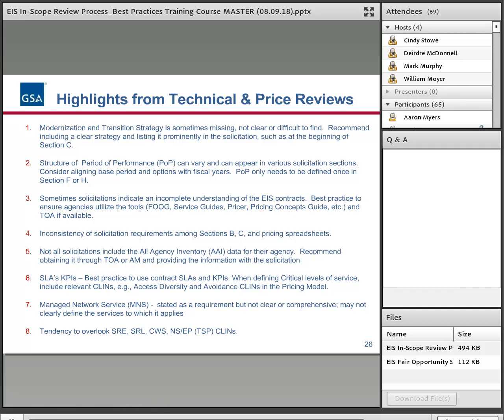Also, we've seen cases where critical service is listed in the solicitation. It's not clearly defined, so you define it, and you also could reference the relevant CLINs, such as access, diversity, and avoidance CLINs.